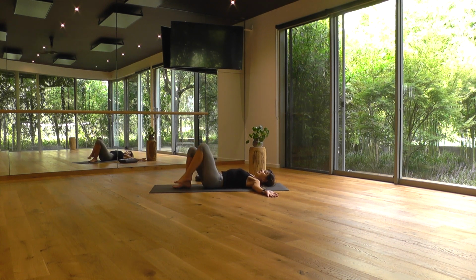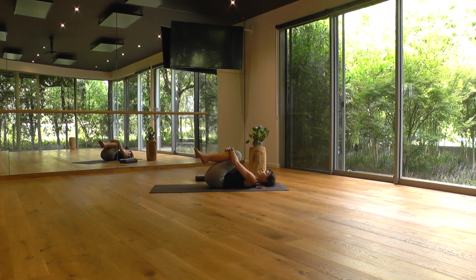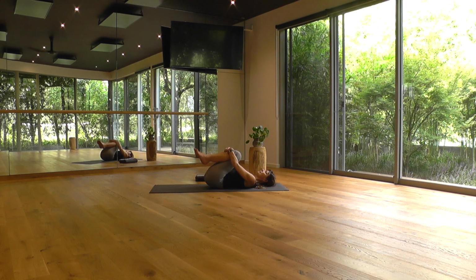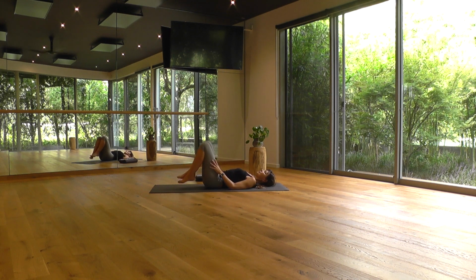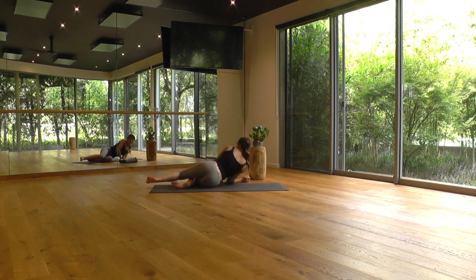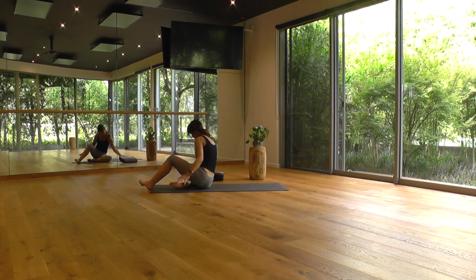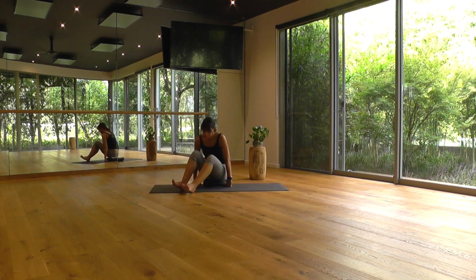And bringing the knees back in toward your chest. Take a little rock side to side. And just rolling over to your right side and dragging yourself all the way back up. And please find a comfortable cross-legged seat, or alternatively kneel here,